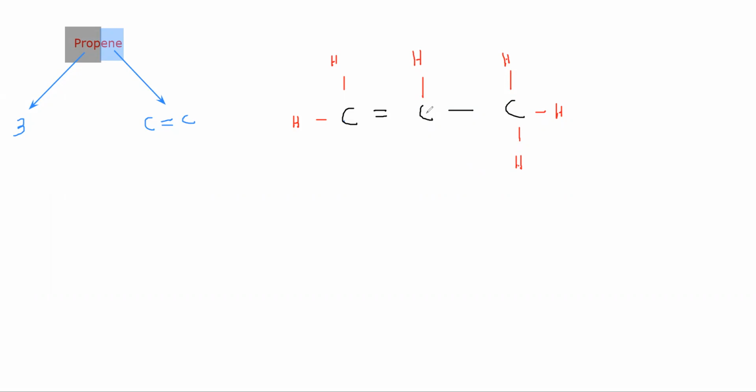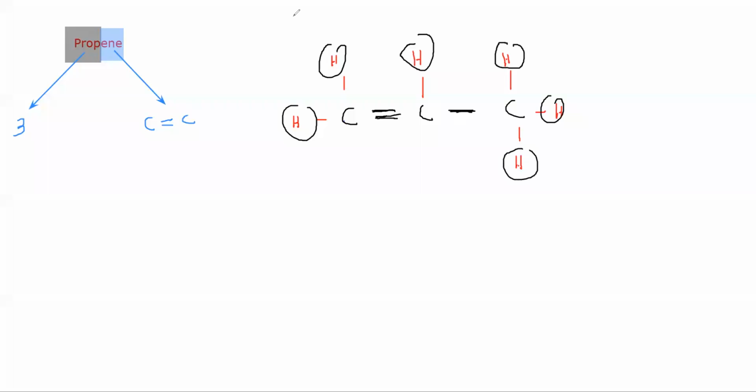Yes, why are there 6 hydrogens rather than 8? Because you check the number of the bonds. The first carbon already formed 2 bonds with another carbon, so only 2 bonds remain. So that's why 2 hydrogens. The middle carbon already formed 3 bonds, 2 on the left hand side and 1 on the right hand side. So it has only 1 hydrogen. And the last one, because 1 bond is formed, so the remaining 3 are hydrogens.